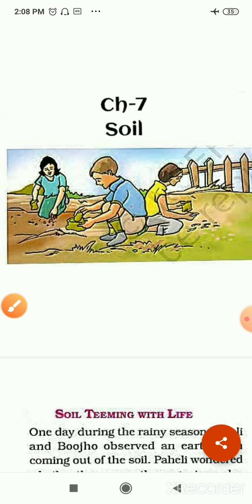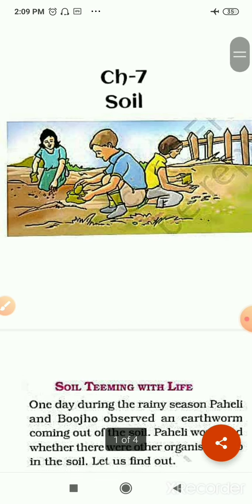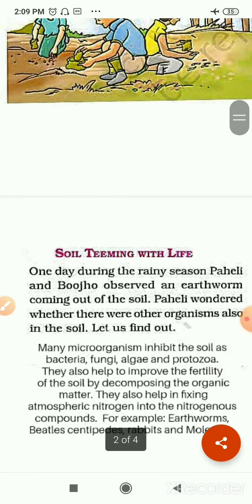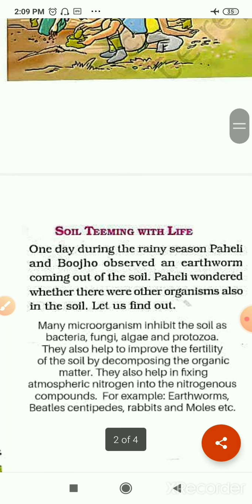So finally we can say soil is an important resource, and we can smell it in the rainy season when the first rain comes. Then there is a special fragrance, an earthy fragrance, that is of soil, you know. This is a source of our food items and many more things, as I told you.